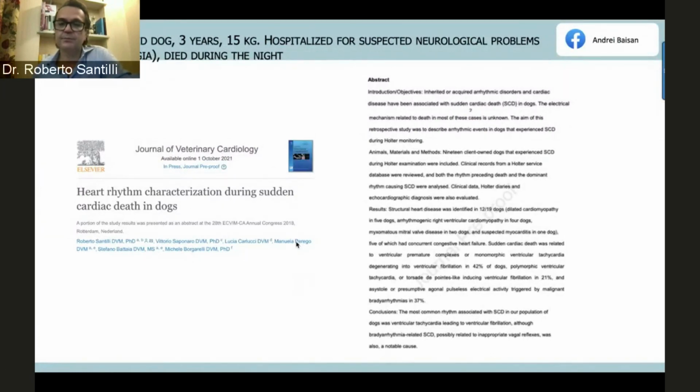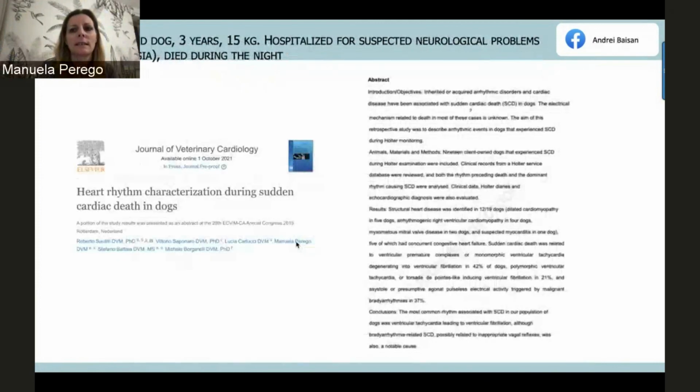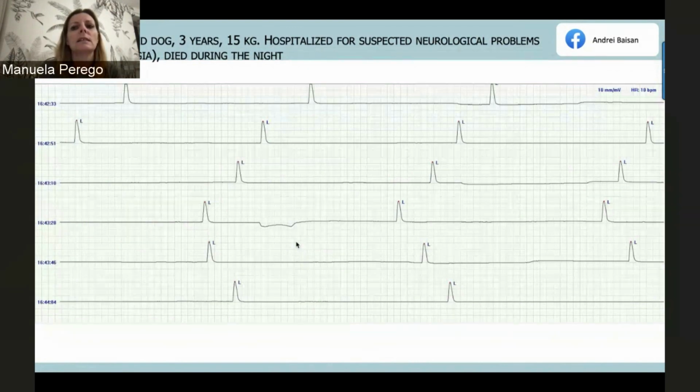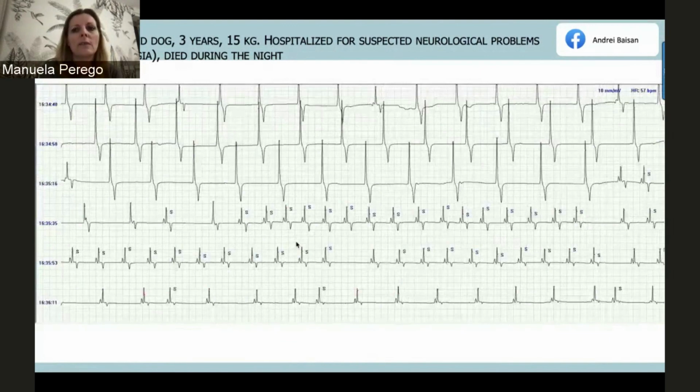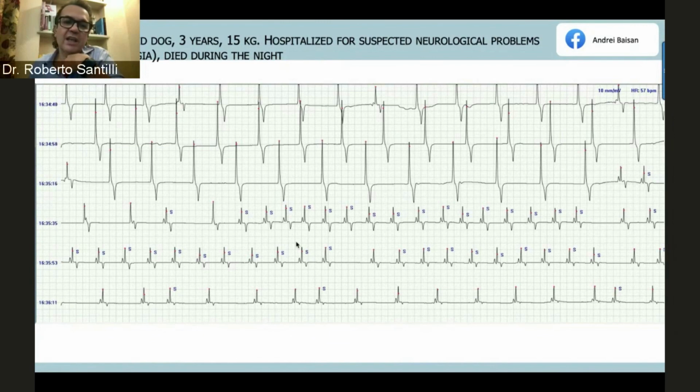All right. So Andre is asking, because the last dog was suspected of polyradiculoneuritis, with tetraplegia: in your experience, is this neurological disease associated with sinus node imbalance or not? I'm not sure that there is this type of association. But what is weird is that we know that sinus node dysfunction is very unlikely to degenerate into agonal rhythm. We never saw it.